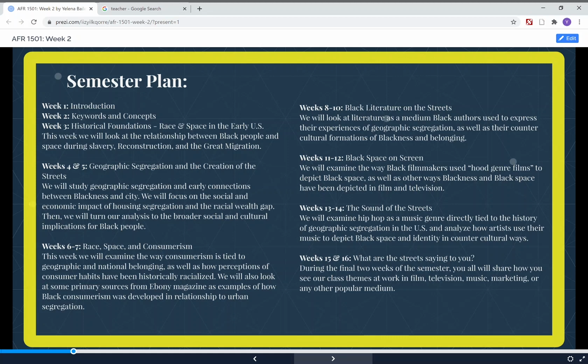So you all know more than anyone that that is a genre of music that was born directly in the streets of New York City. And it actually comes from this history of geographic segregation and the spaces that Black people were confined to, right? And other communities contributed as well. But this is a uniquely Black musical genre that is tied to this history of housing segregation.